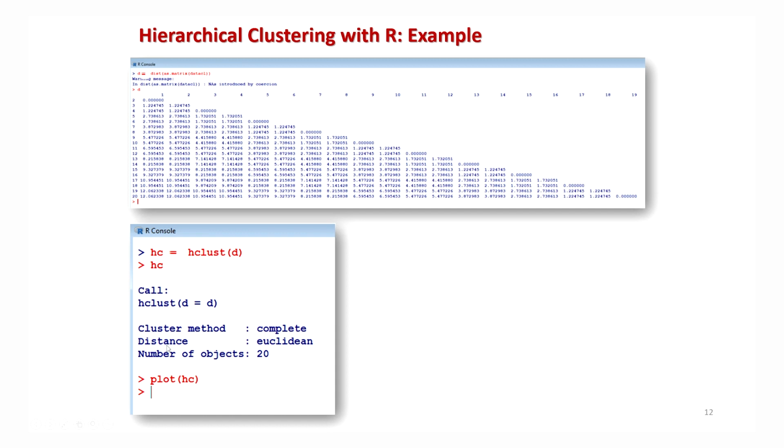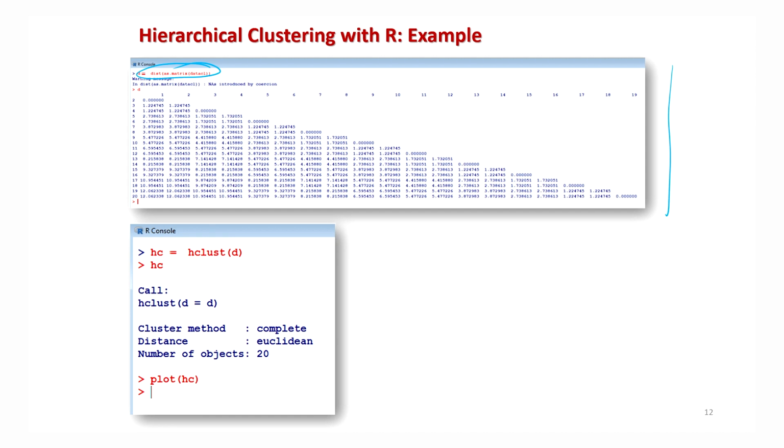Now from this data frame, I'm just trying to show you this command, dist, on the data matrix data.cl. It will give you this output. Yes, it is difficult to read this value at the moment, but I will try to show it to you in the R console. You can see it very clearly. The only thing is that you have to understand what it is trying to show you.